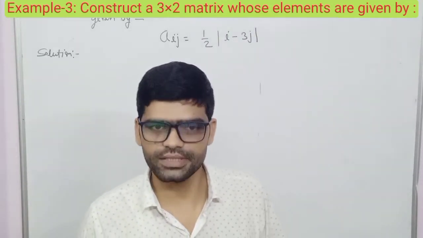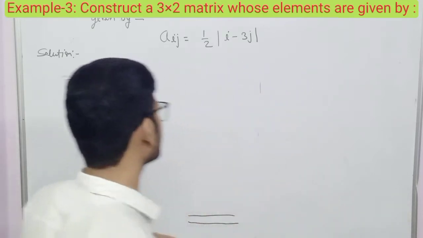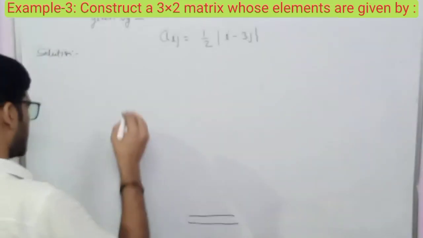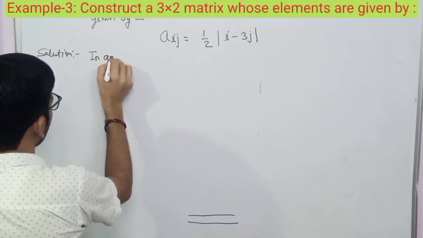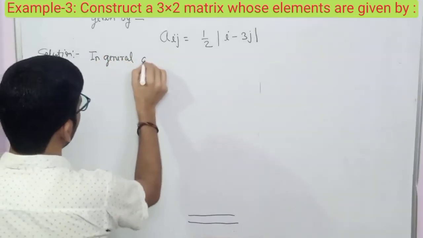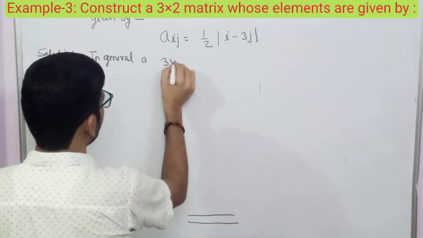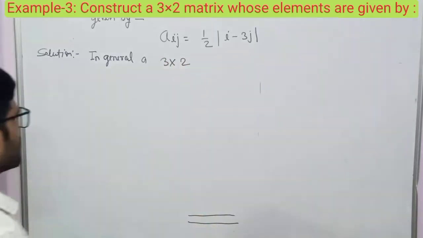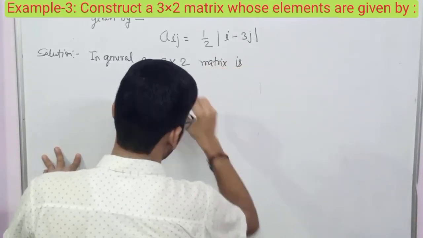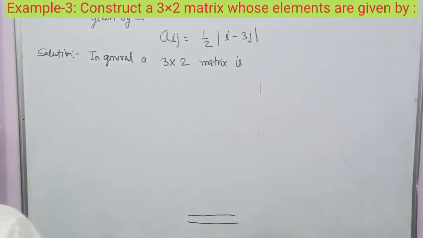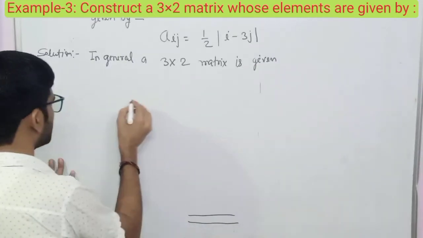If you know the general representation of a matrix, then you can find the value. A 3 cross 2 matrix, you can write in general, a 3 cross 2 matrix is given by